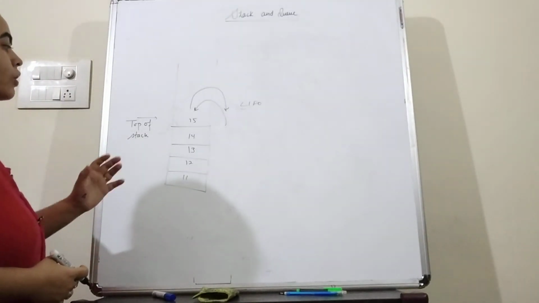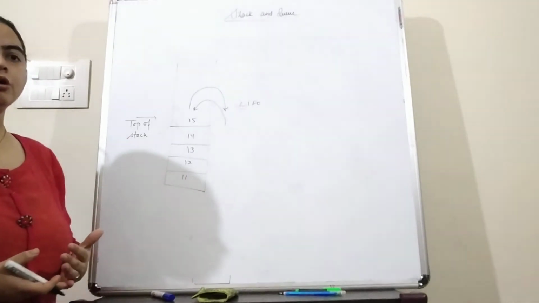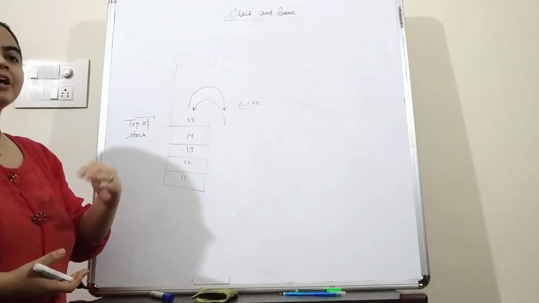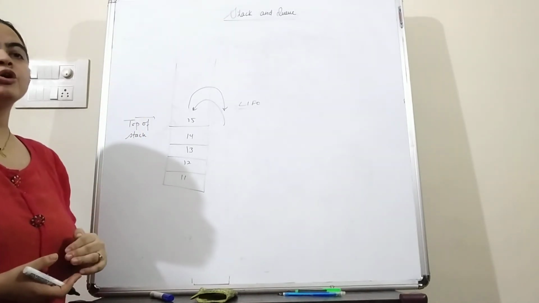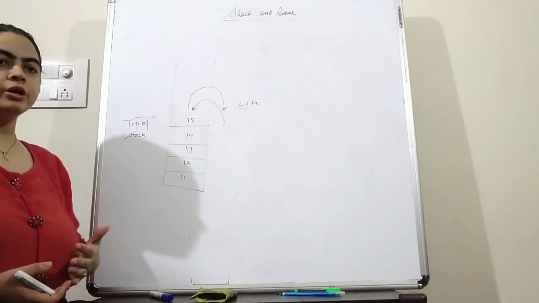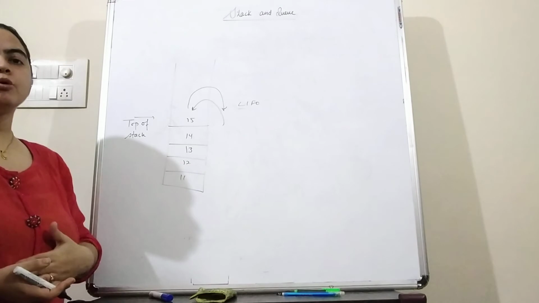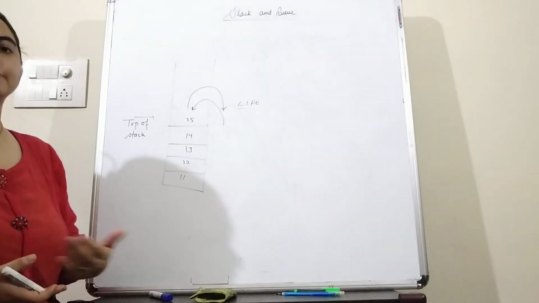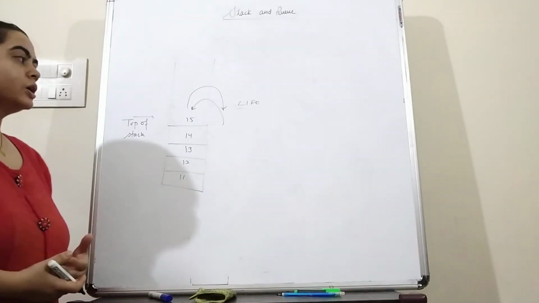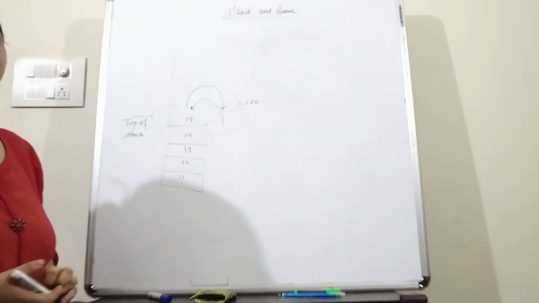Now students, for example, you can see a daily life example. Suppose we have a stack of books. For the book that we added last, if we want to remove any book in the middle, then we have to start removing the books from the top. One by one we remove the books from the top in order to reach the particular book which we want to delete. That is the principle of LIFO that works on the stack memory.